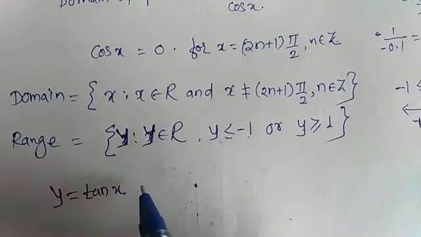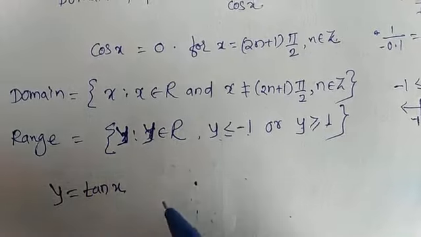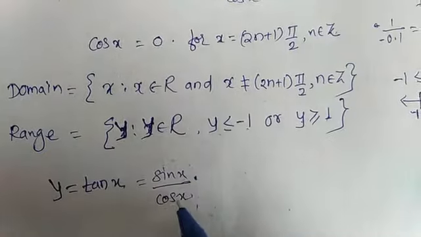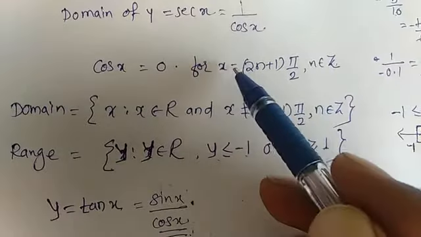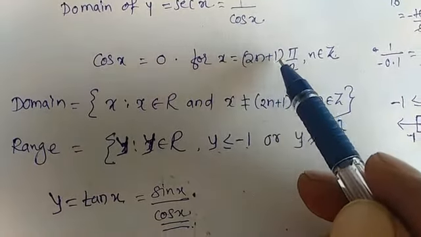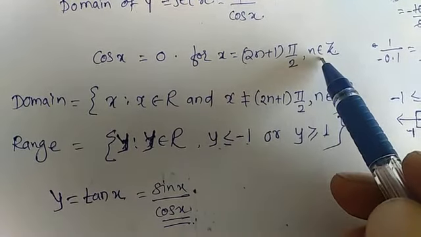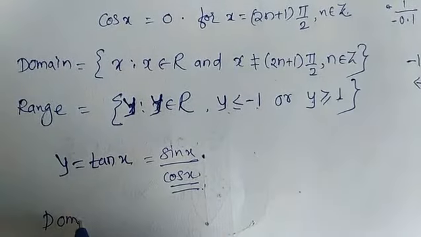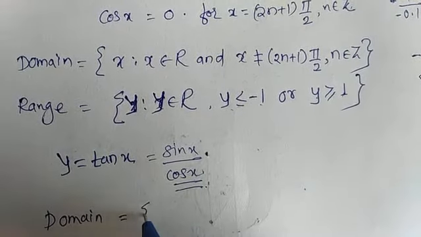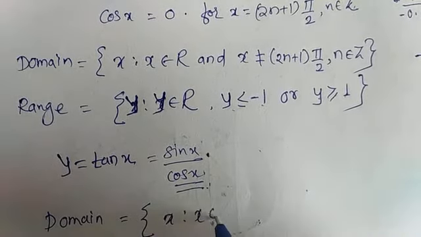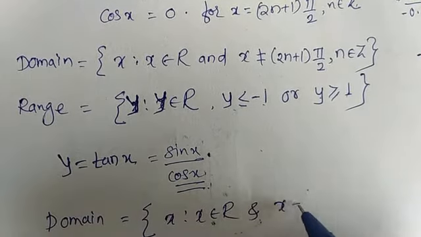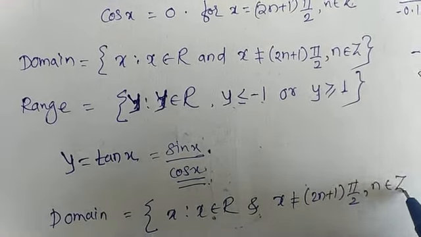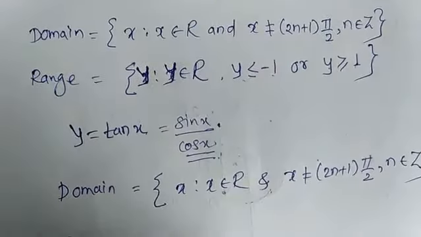Now for y is equal to tan x, tan x means sin x upon cos x, so from the above you can say that it is undefined at x is equal to (2n+1) pi by 2, n belongs to Z. So our domain is equal to the set of x such that x belongs to R and x not equal to (2n+1) pi by 2, n belongs to Z. Okay, and the range